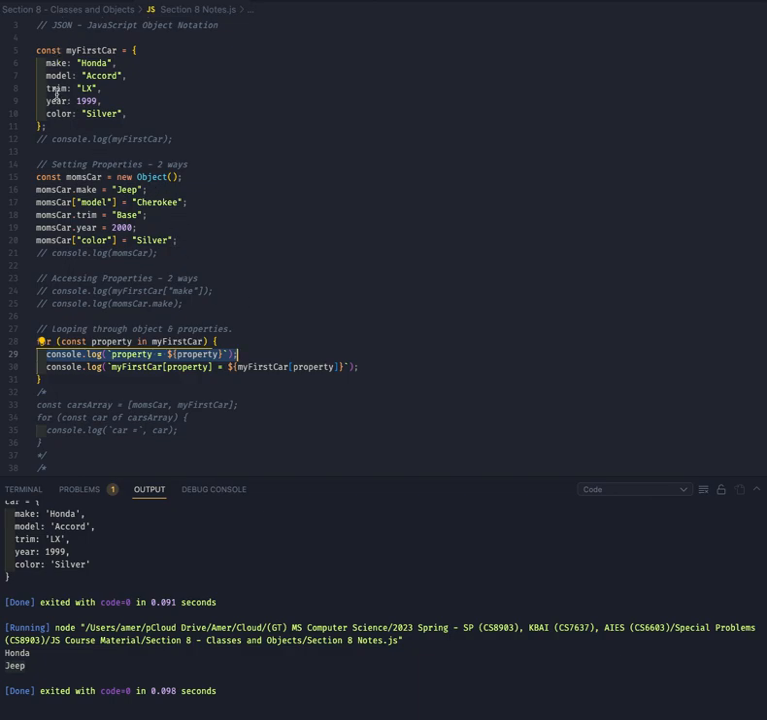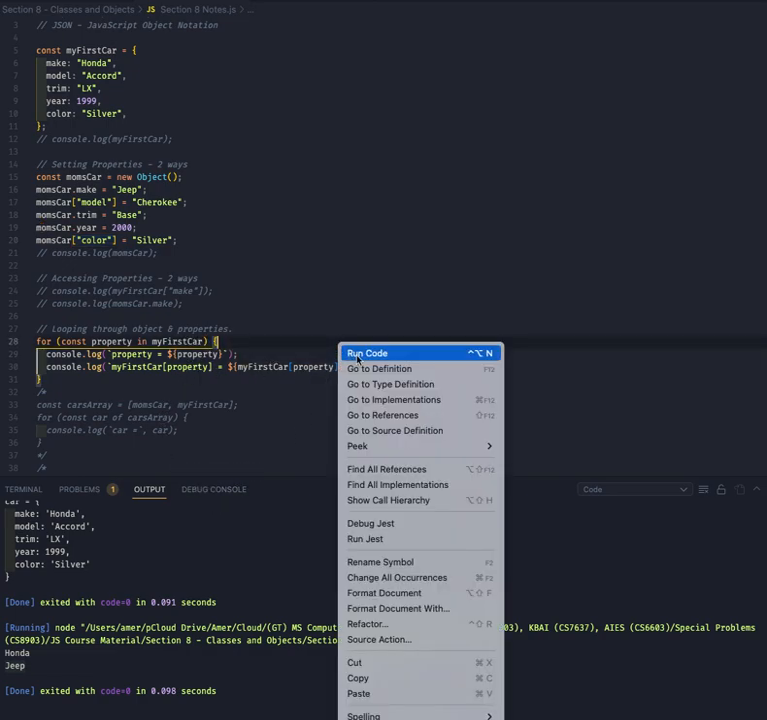Property is going to equal all of these, everything from make to color, and then this is how you access those, right? It's very similar to this. And you're going to see my first car property, which is going to be that property, is going to equal that, okay? So when we run this,